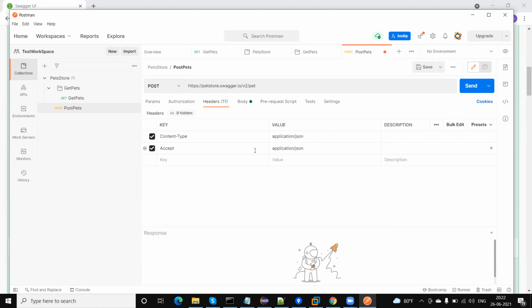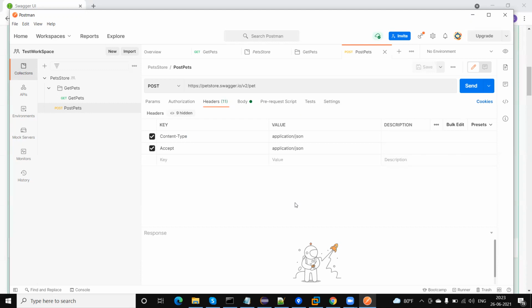If you press Control S, then this request will be saved under the collection. Okay, and on the top you can see here one icon. So if you save, that is gone, right? So when you are getting that icon, it means your request is not saved. Okay, if you are not getting that icon, it means your request is saved under the collections.